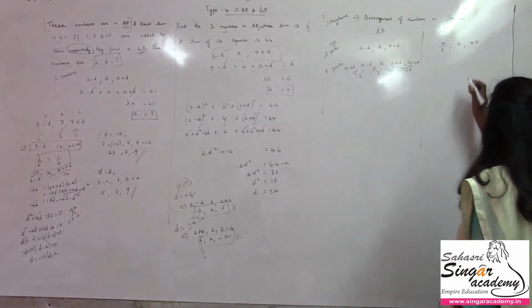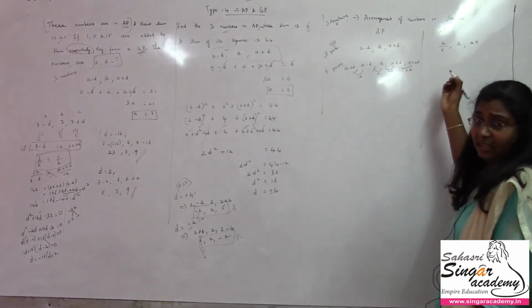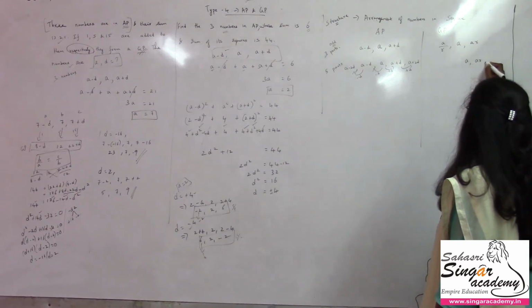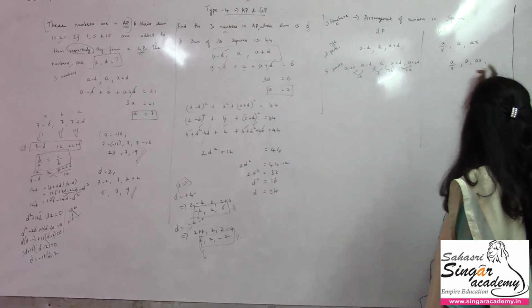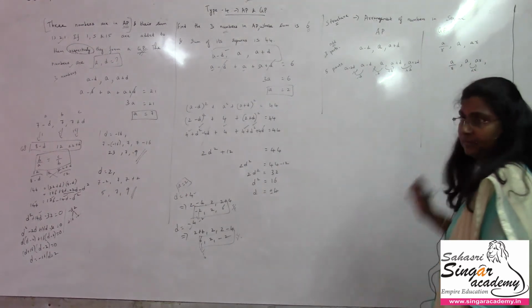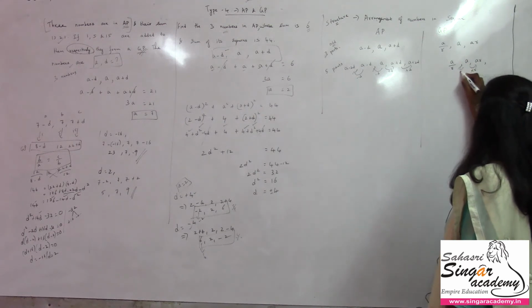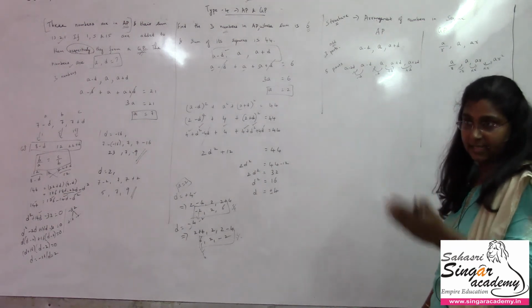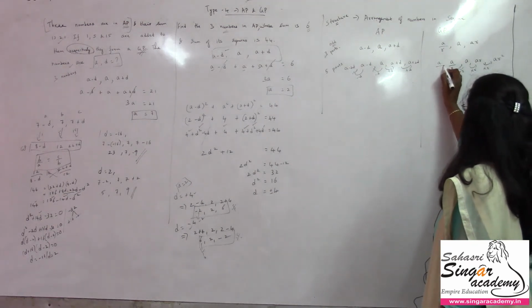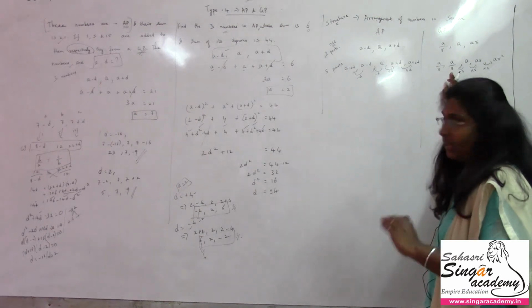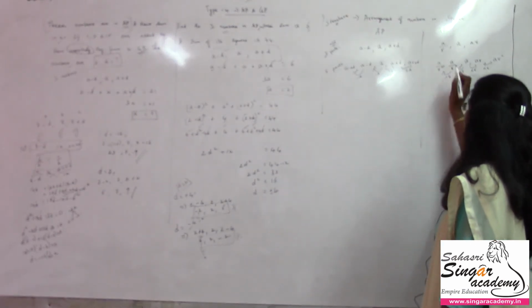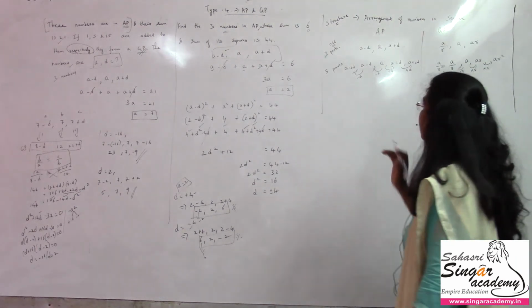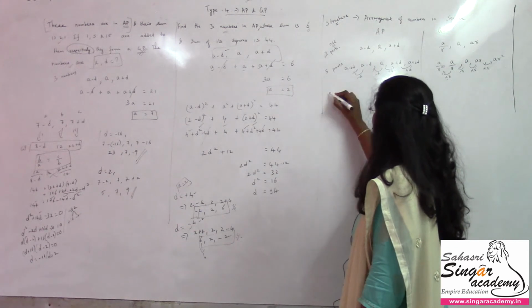If I go for GP, it's the same. Instead of D adding or subtracting, I'll take R multiplying and dividing. So A, the next is AR, the previous one is A by R. I got this by multiplying by R, and the previous one by dividing by R. So again I multiply by R, and this will be AR square. On the other side, the very first term, again divide by R, so this will be A by R square. This is with respect to 5 parts. You can generalize this to 7 parts or 9 parts, whatever it is, with respect to odd numbers. Here comes the problem with respect to even numbers.